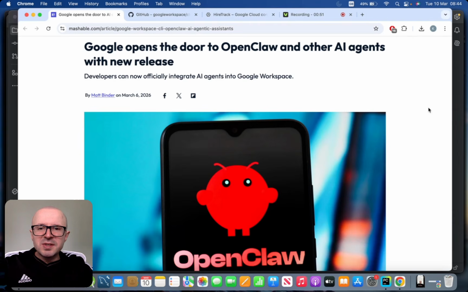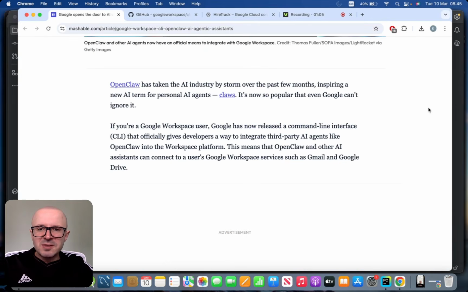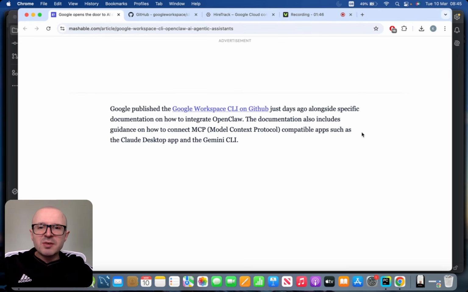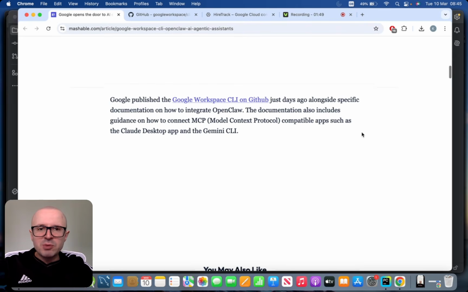I came across this article the other day talking about something called the Google Workspace CLI. At first glance, it looks like just another developer tool, but actually it's much more interesting. Google released a command line interface that exposes Workspace functionality through simple commands. That includes applications like Gmail, Google Docs, Google Drive, Google Sheets, and Google Calendar, instead of using separate API keys